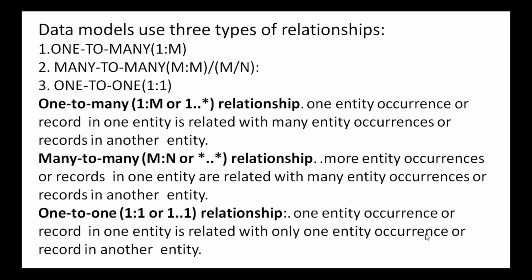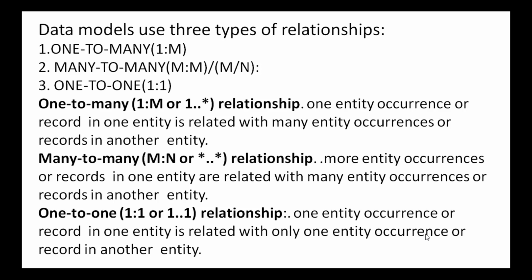Okay, and first coming to the one to many relationship. Okay, so first of all, before discussing all these relationships, just remember some terminologies. Entity is equivalent to the table. Also every table contains some records. Likewise, an entity contains some records. Each record in an entity is called an entity occurrence. That means table is equivalent to entity, record is equivalent to entity occurrence. Okay, just synonyms. Okay, first coming to the one to many relationship.